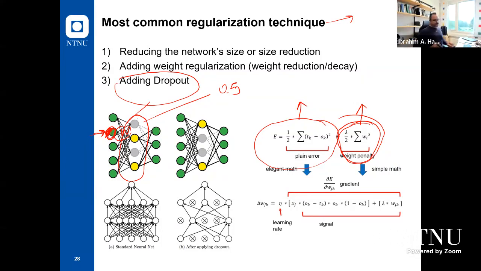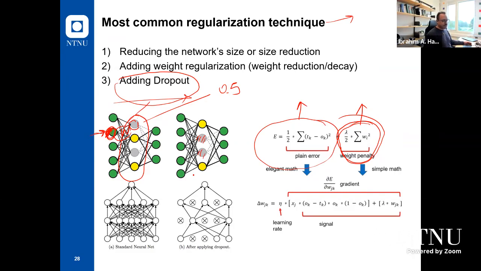Dropout means when we go forward, we will use those weights. It will be just normal when we go forward for calculating the outputs. And then when we calculate the outputs, we will calculate the error, and we will go backward for adjusting those weights. When we go backward, we will drop 50% of those nodes. And when we drop a node, all weights which are connected to it will not be adjusted in the backward